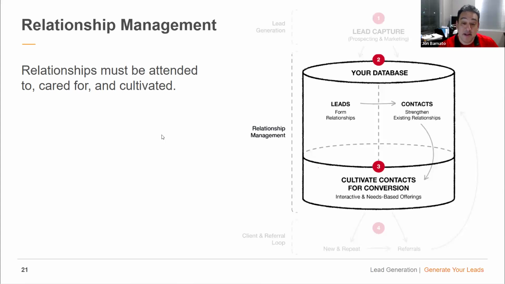Make sense? So I want you to understand that the database and the relationships you have with that database are going to be the strength and foundation of your business. And they must be attended to, cared for, and cultivated over time. Good part is Command can do a lot of the automation, but it doesn't stop the care calls and the social media likes and comments. Those things have to come from you, right? So there's a part of this that Command can do, but part of it you're going to have to do, and that's the personal touch side, right?